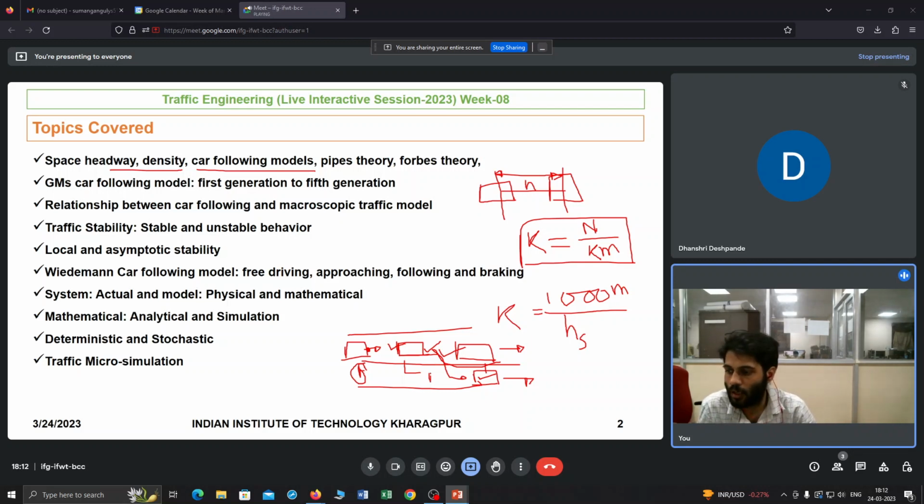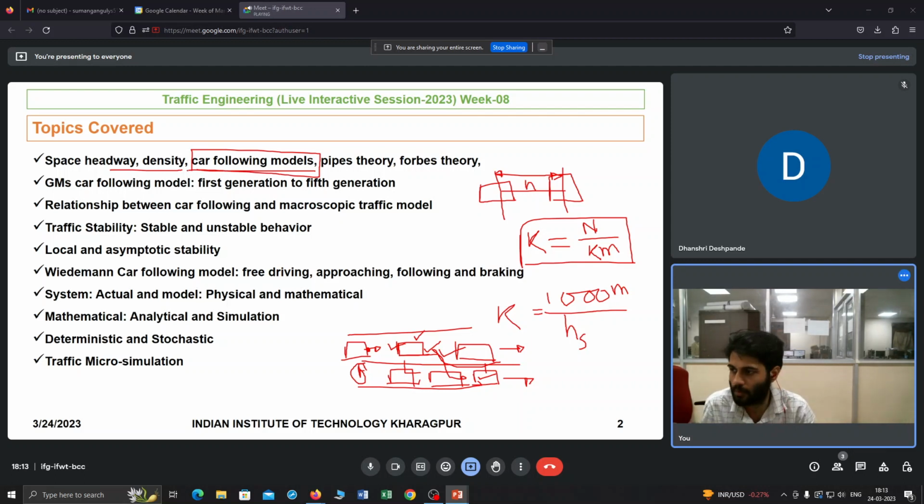So if there are too many vehicles on that stretch, your vehicle will not be able to enter here and cross it, right? So these are the major things. Also there are many other things. So basically that's why we need to develop the car following model, because that's how your